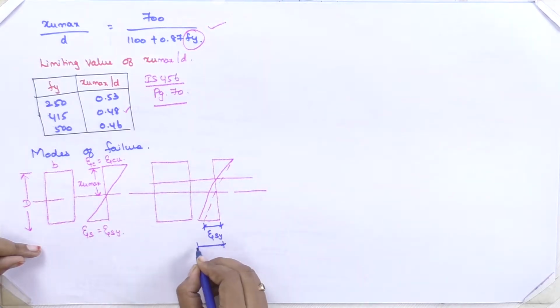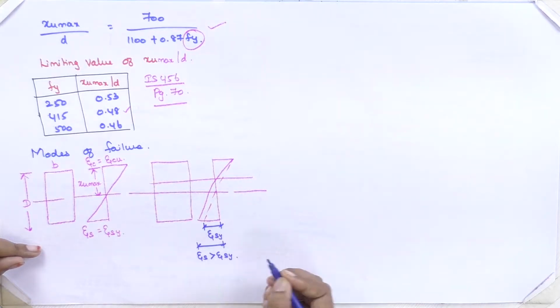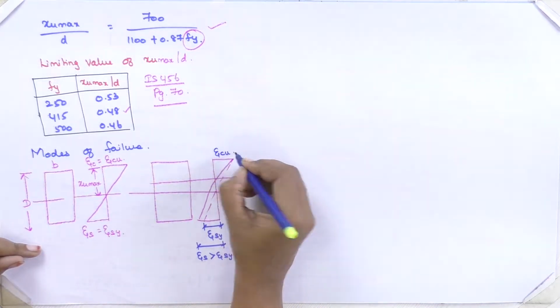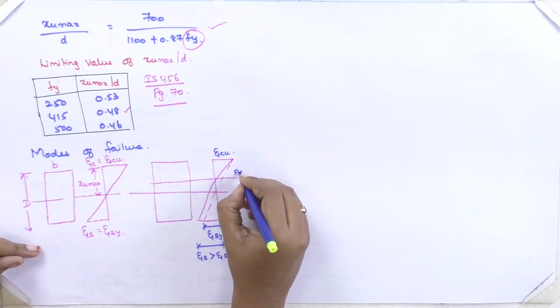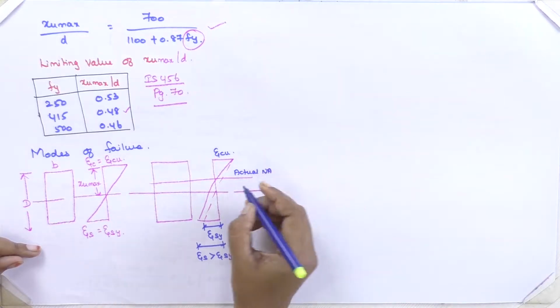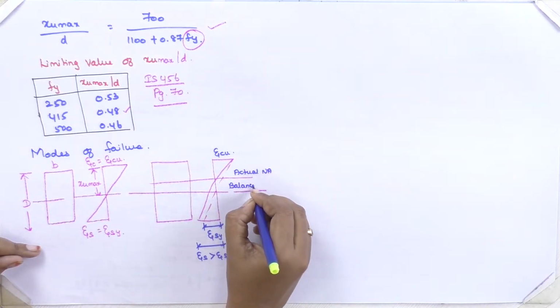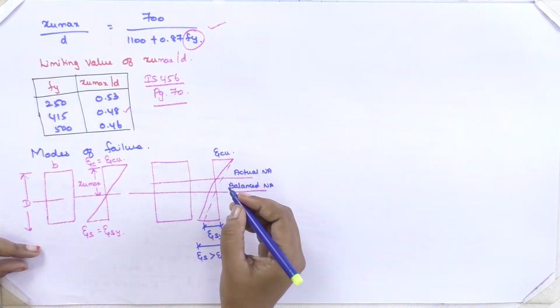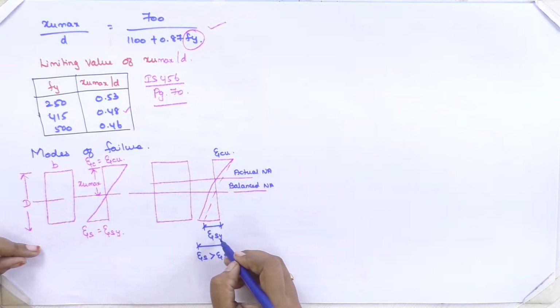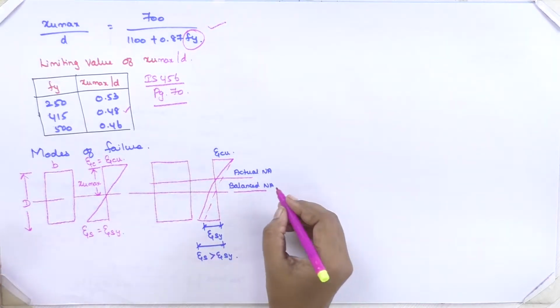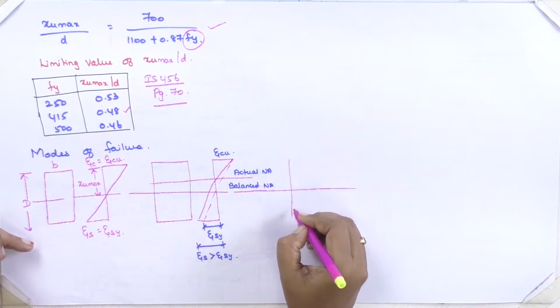The total strain in steel will be epsilon S, which is greater than epsilon Sy. Here this is epsilon Cu. This is the actual neutral axis you are getting for the section. This is the balanced neutral axis. So when epsilon S is greater than epsilon Sy, you can call it an under reinforced section, or else when the section is like this,